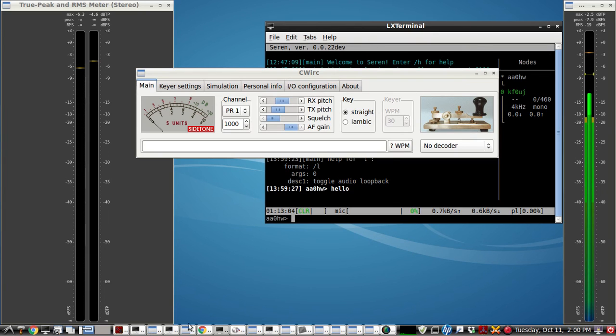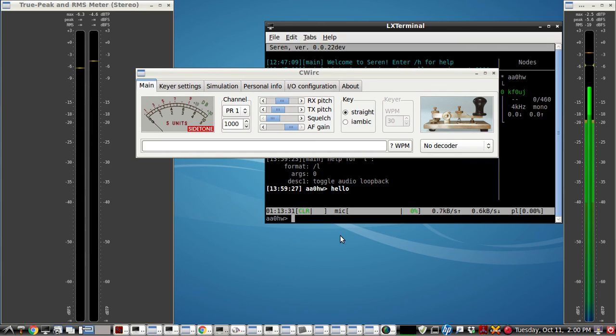Seren's a really good app. I really like it a lot. It just makes it really convenient to get this running, and it's using the OPUS codec, and it's just like other voice chat programs, just a little bit different since you're operating it from the terminal. It uses a little bit less CPU than Mumble does and other voice chat apps like that. And it's encrypted, and it's a